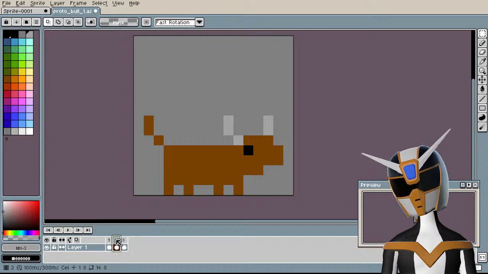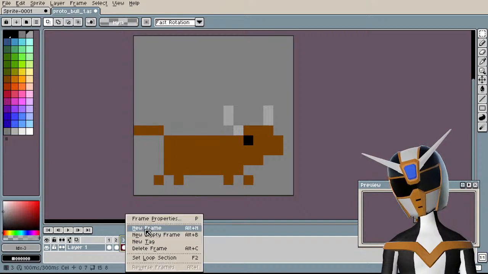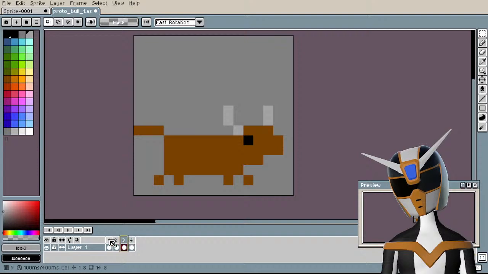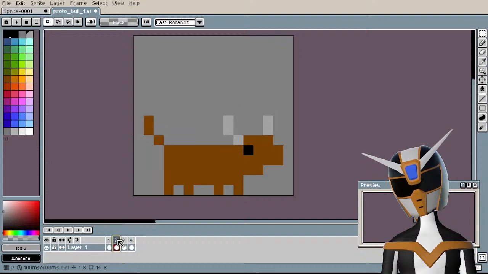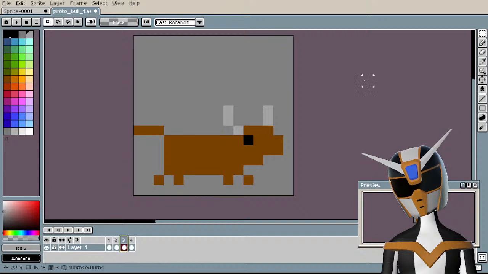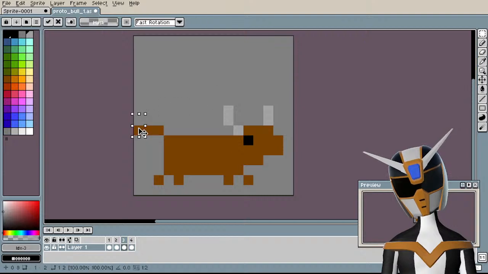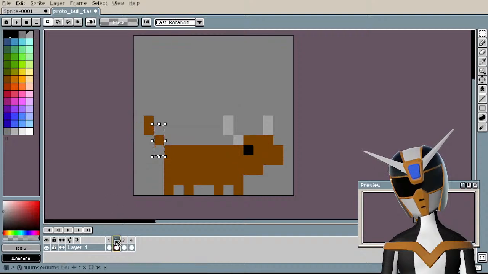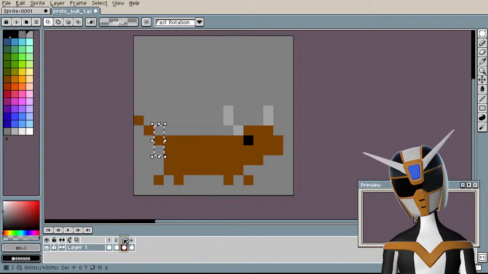Let's add a couple more frames just to make the animation a bit better. Okay, so then it goes up, and I want the tail to maybe stay a little bit behind for one frame. Like that.